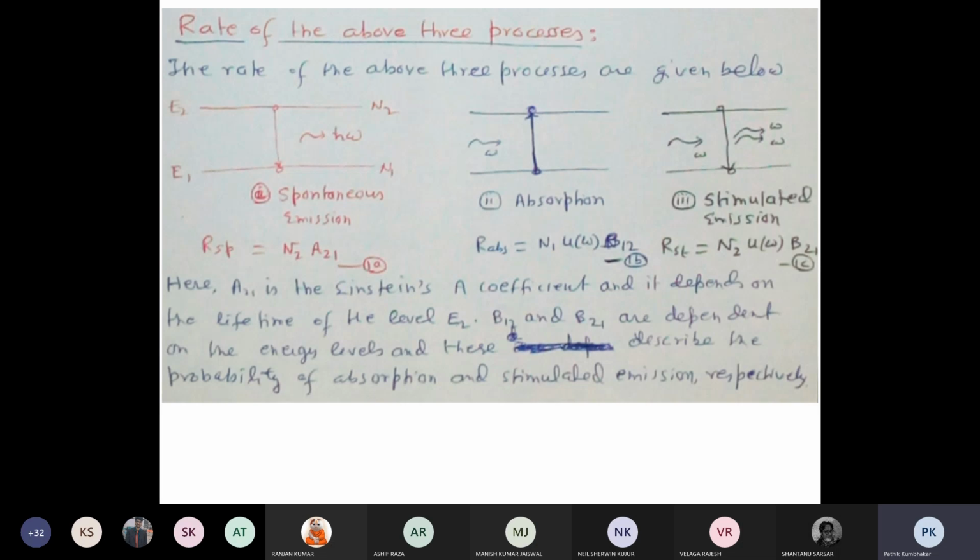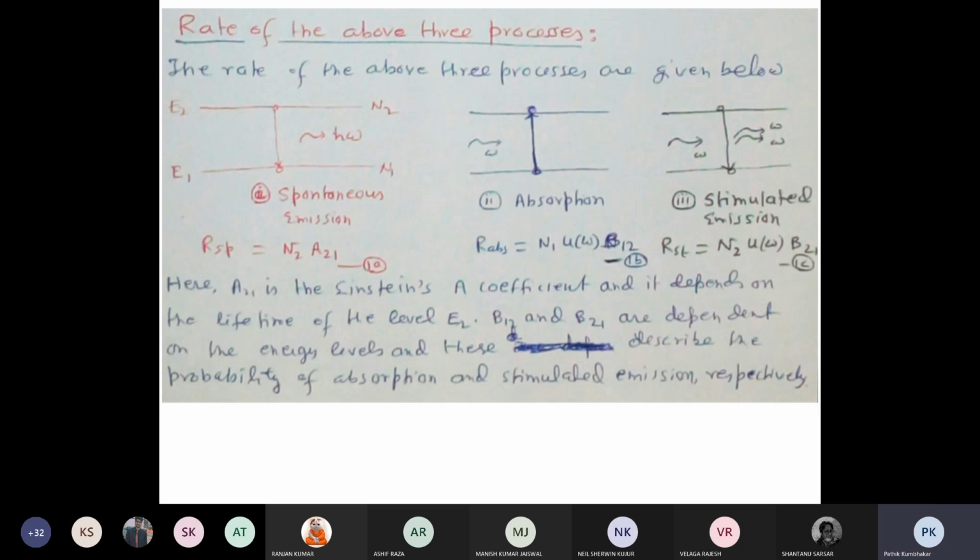So the atoms will remain in the level 2 for about 10 nanosecond, and then they will come down. As a result, the difference in energy comes out in the form of radiation,